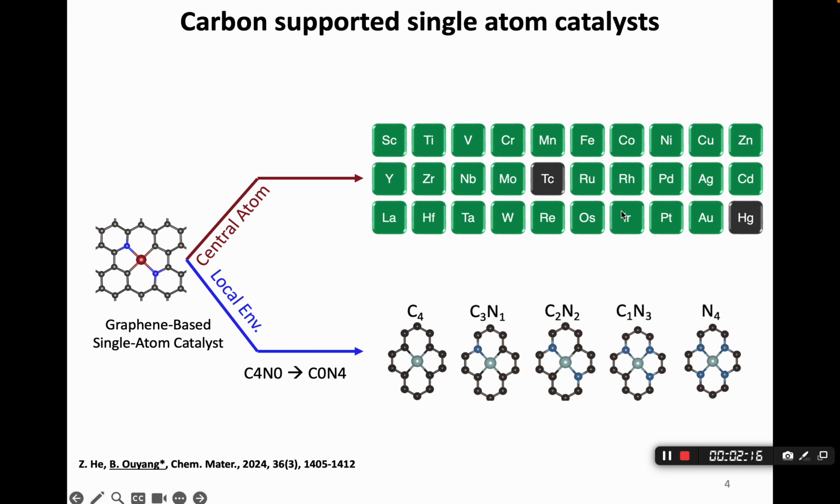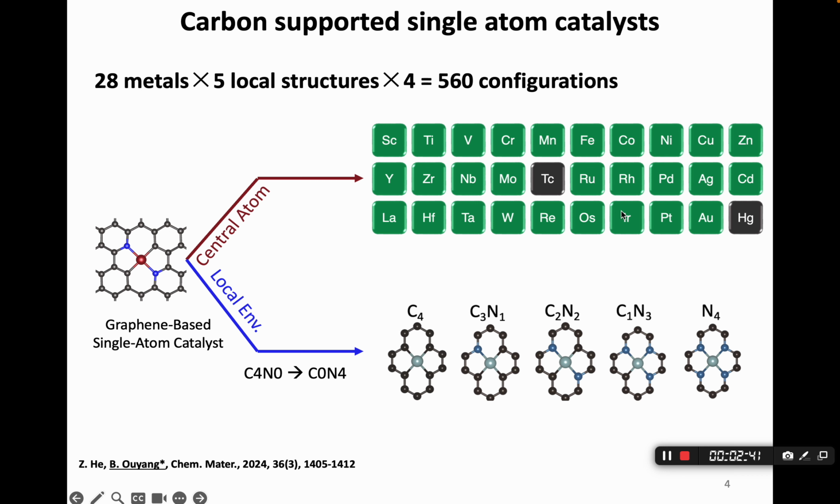into the graphene monolayer. In this work, we did a high-throughput screening of all 5 types of local structures, and also about 28 transition metals. We do not have Tc and Hg because one is radioactive and the other is a liquid. I don't think people are going to use them in catalysis anyway. And this ends up with a throughput of like 560 calculations of different substrates and different